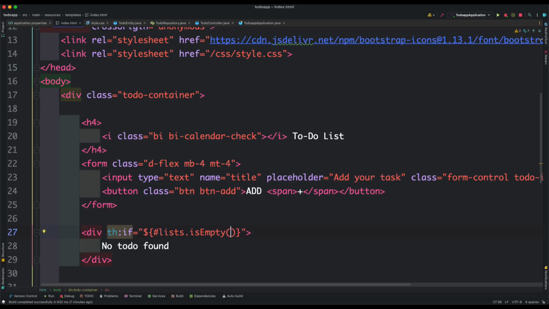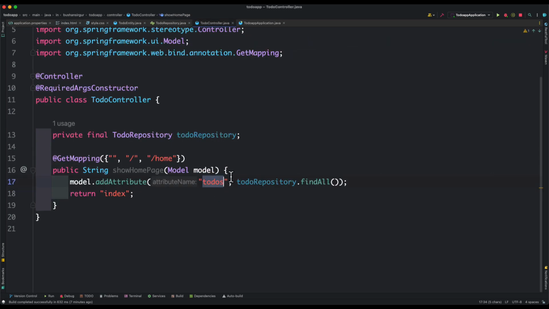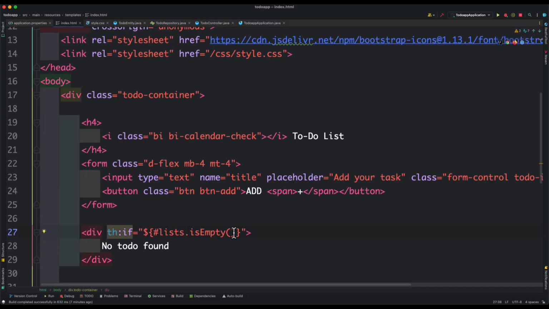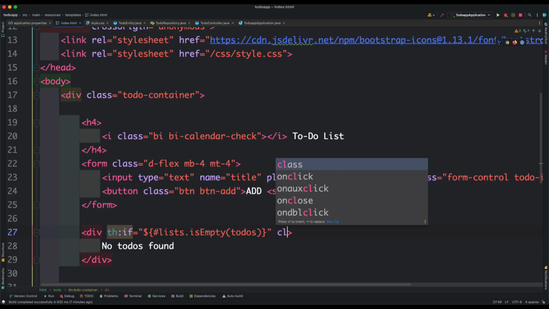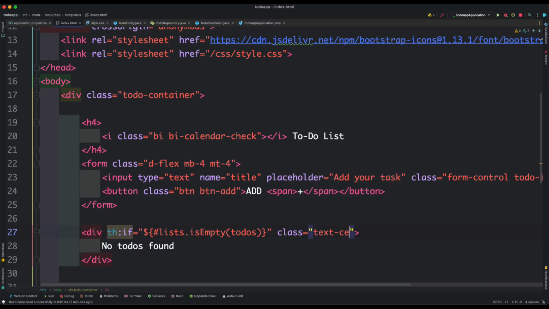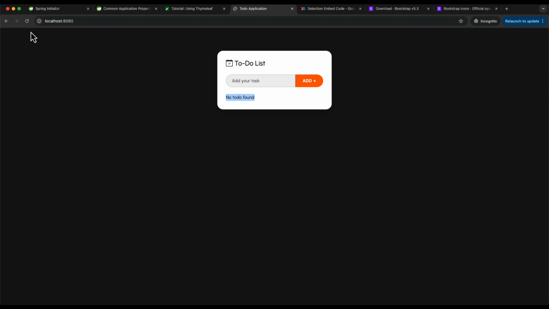If you remember, we are adding the list to the model, and for the model we have added the key as to-dos. Now we can access this inside our index.html. To-dos. And if it is empty, then only we are going to display this message, No to-dos found. For this, let's add the classes text-center, text-muted. These are the Bootstrap classes. Save this, and if you reload the web page,